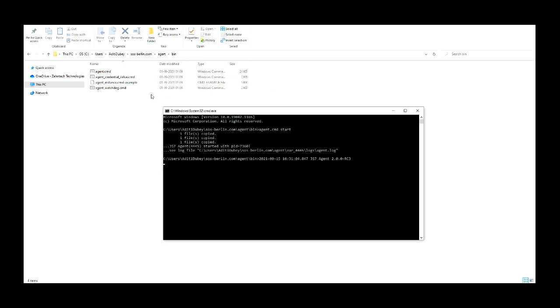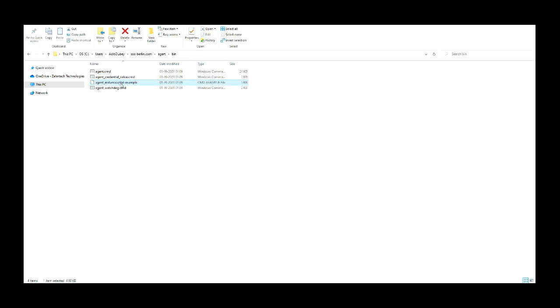If we want to run multiple agents on the same machine, then we need to copy the agent instance.cmd or .sh example file to create an instance of an agent. Rename the file to agent_instance_ followed by the port of the new agent, .cmd.